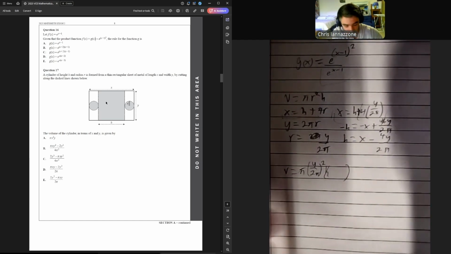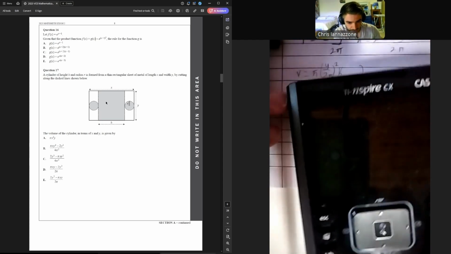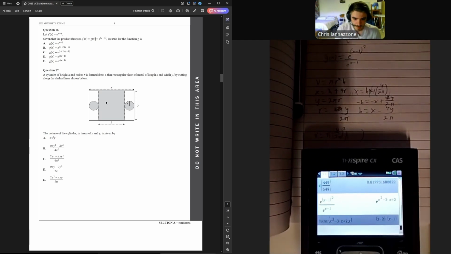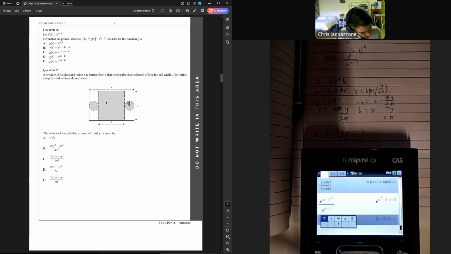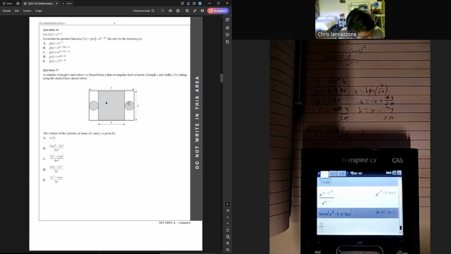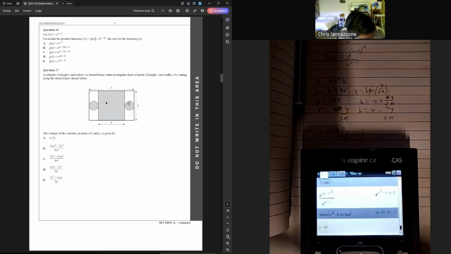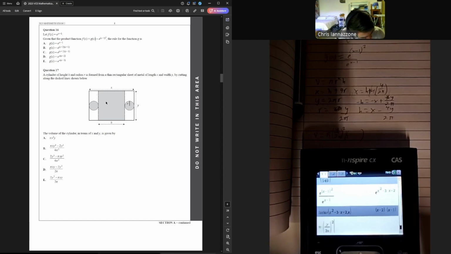Now that's a lot to try and do by hand. We do have a CAS, so let's use that to our advantage. We'll zoom out just so you can see what's going on there. Volume is equal to pi times y on 2 pi squared, times, why is it doing that? Pi times bracket y on 2 pi all squared. Should probably do that starting here, and then multiplying by the h that we now have, which was